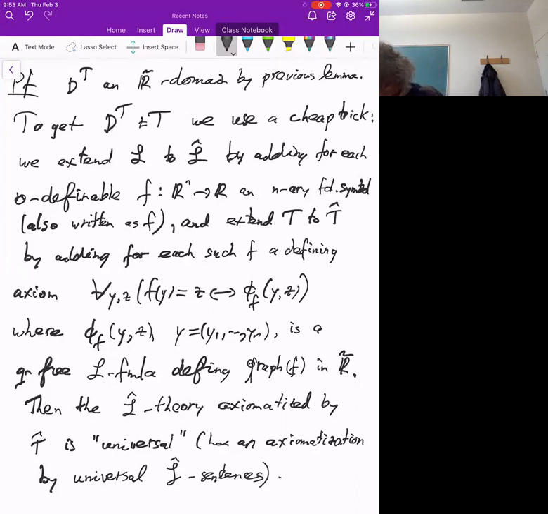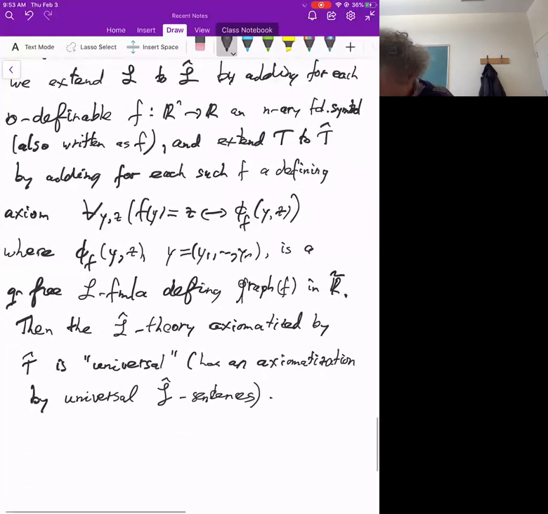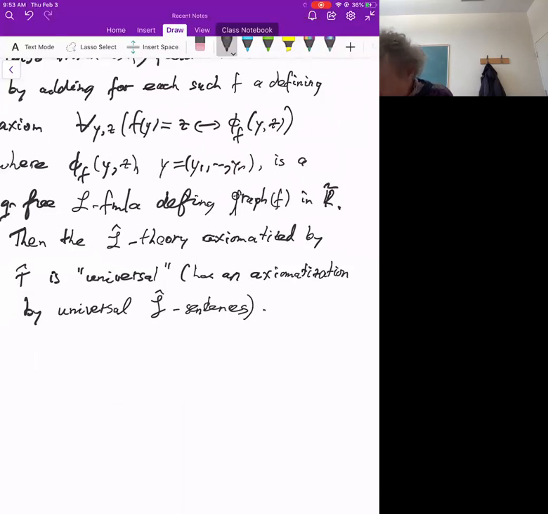Okay. Oh, yes. And now the point is that this D tilde, this lemma that we proved about zero definable functions,